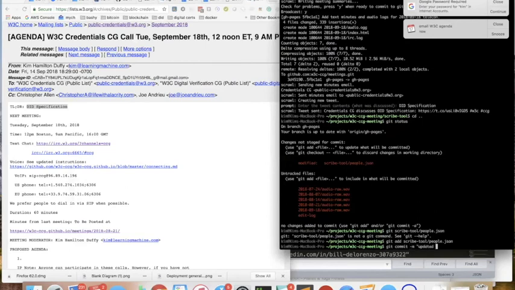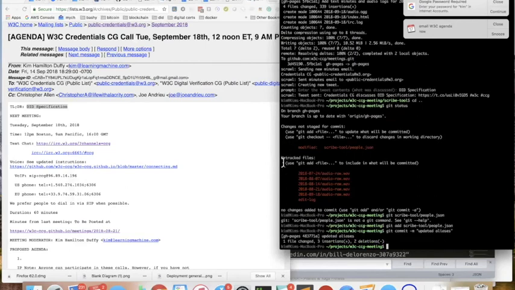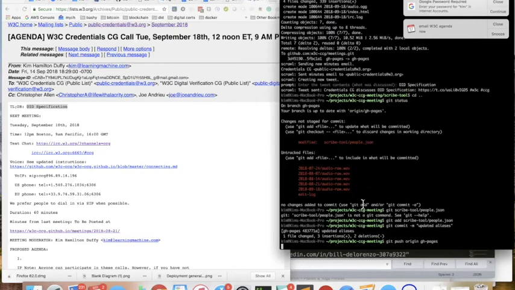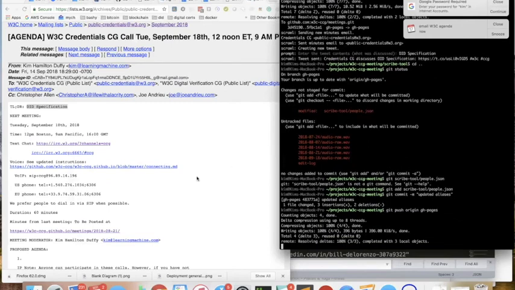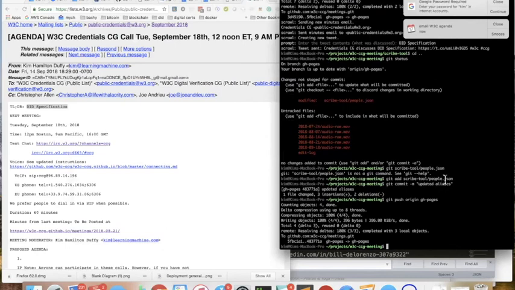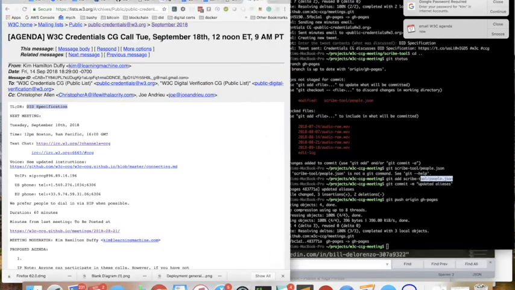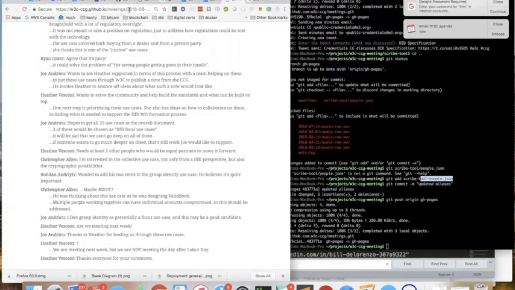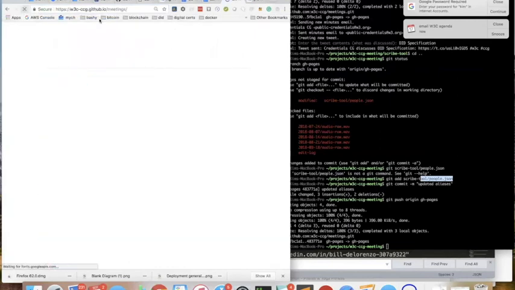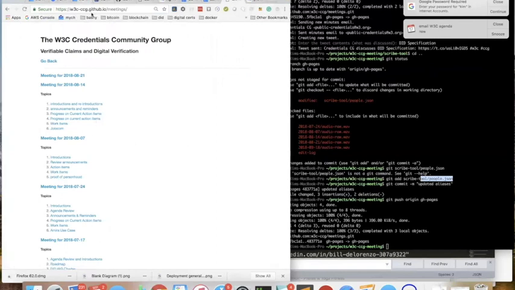Let's just say updated aliases. And then this is a GH pages branch, so we say git push origin gh-pages. That will make sure that the aliases are updated too. It may be a bit before you see the released version. It just takes a while; this is a GitHub pages thing. It takes a while to see the update over here, but we could tell from the Git history,